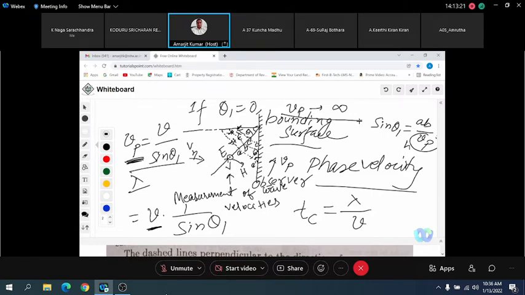Sir, we can take theta nearly equal to 0, which means sin theta 1 is nearly equal to theta 1. And if theta 1 is exactly 0, it is very less. Yes, sir, your point is also correct. You are saying theta 1 is less. In that case also, if theta 1 is very, very less and you approximate sin theta 1 as theta 1, again it will be V upon theta 1. Theta 1 is very less, so it will be very high, much higher than V.